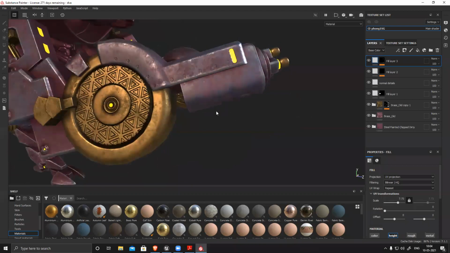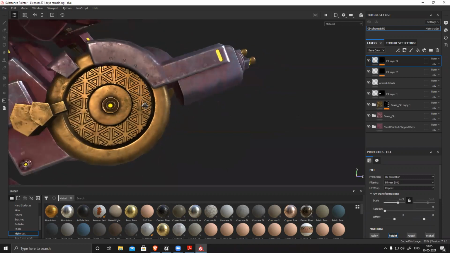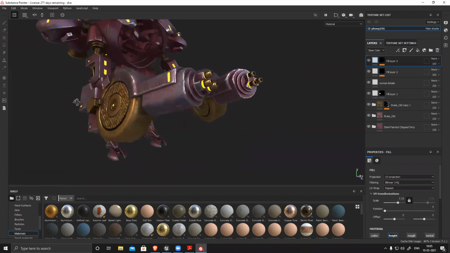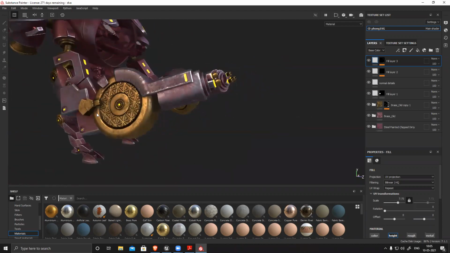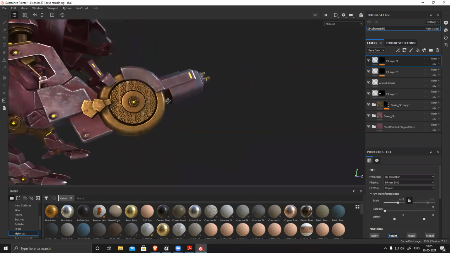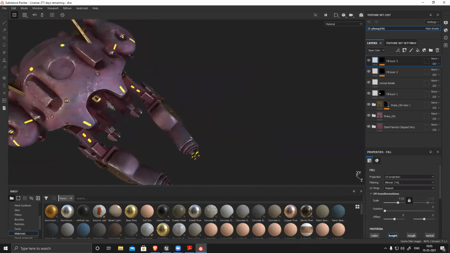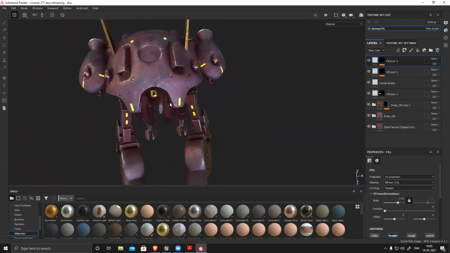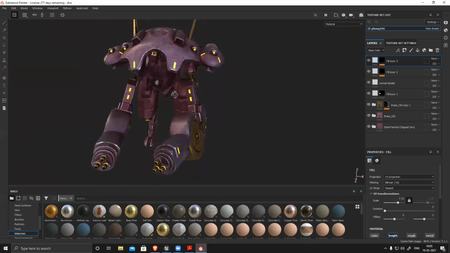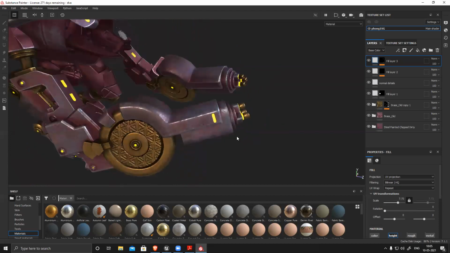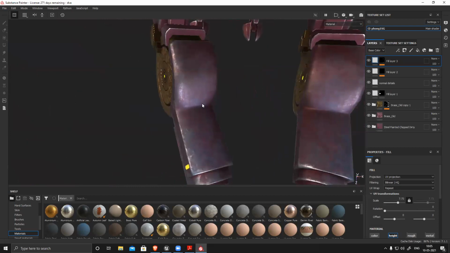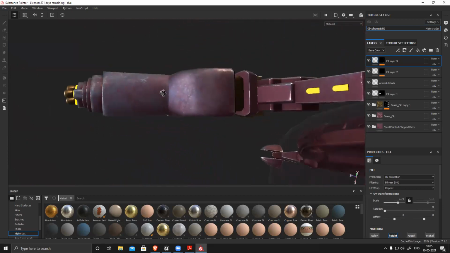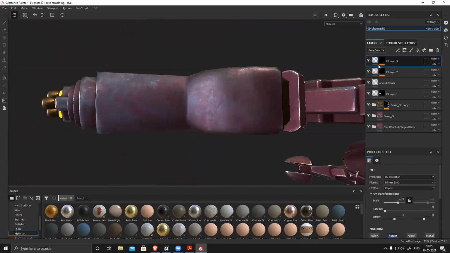This is normal. Previously, we added all this normal detail within Substance. So now, if I want to generate some dirt or anything based on this, I have to create an anchor point and then generate it. So let's see. I want to create something in normal in this part.